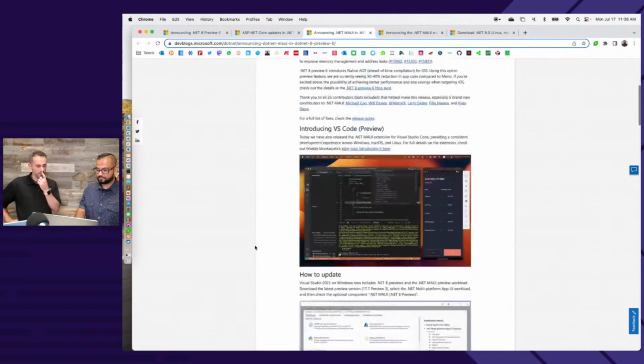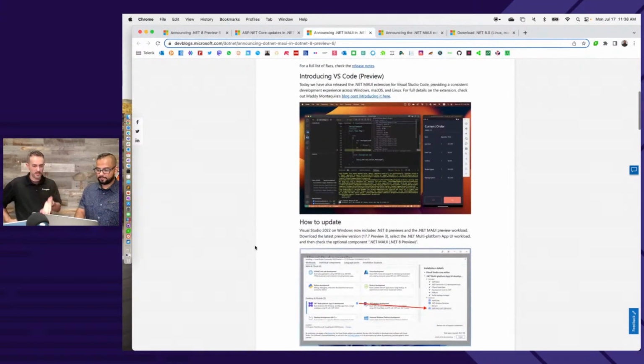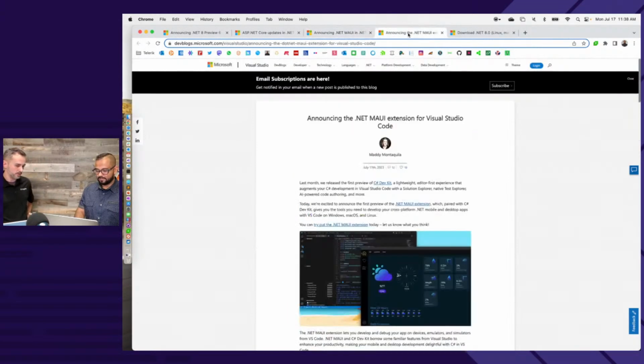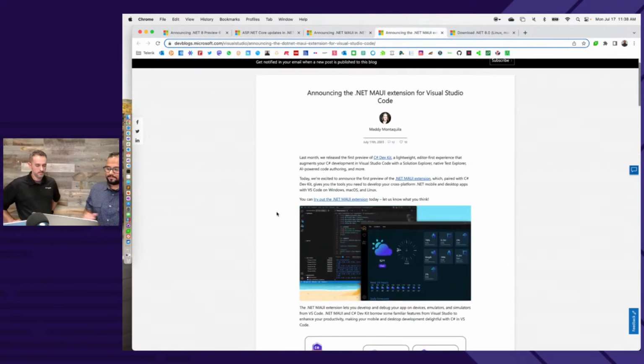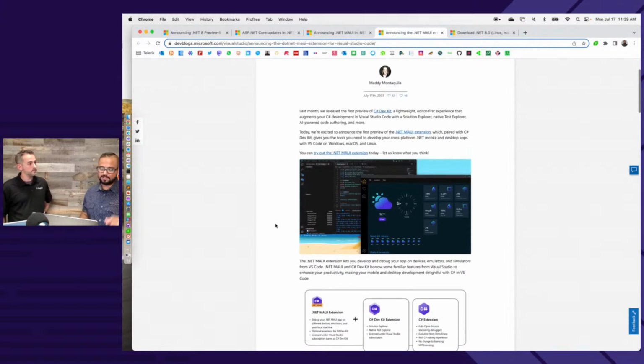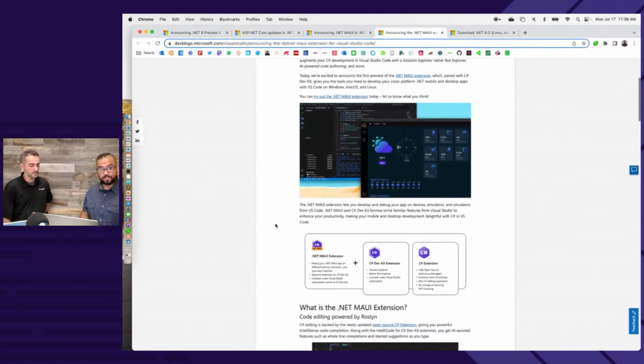David's partner in crime wrote a nice post too, Maddy. She's got a post all about the new Visual Studio Code, VS Code. So again, it depends on how you want to build your .NET Maui apps. Most folks are maybe comfortable doing Visual Studio on Windows or Mac, but then there are always people like me who like our command line tools, who like the chill mode. It's a lightweight editor. I don't have to do a whole lot of heavy lifting. There's a brand new extension, still first preview. So some of the code IntelliSense stuff is still a little light, but they are working on it.